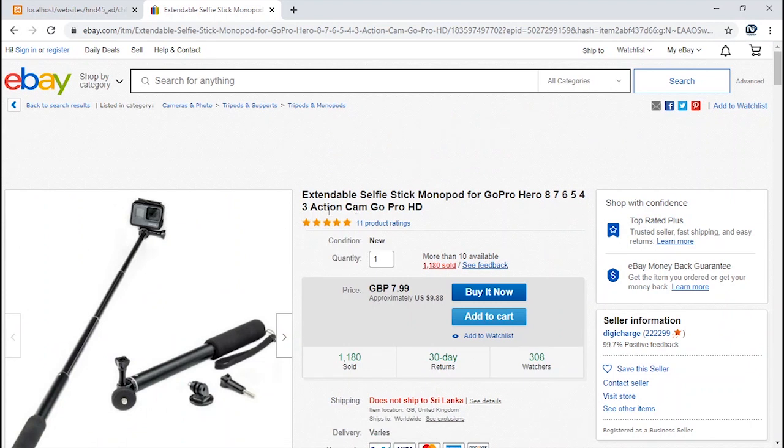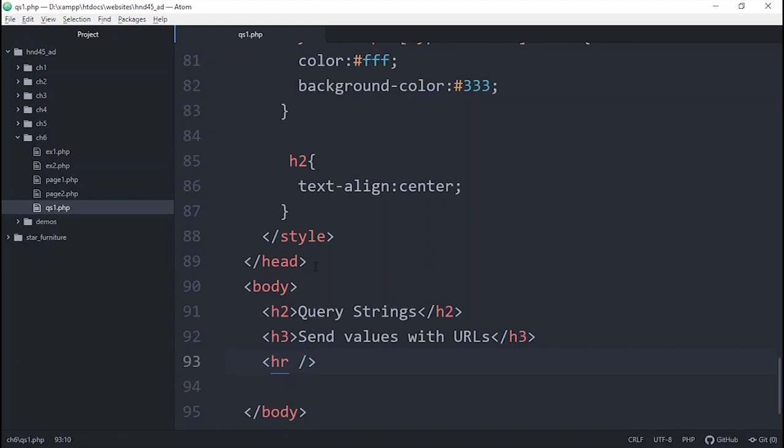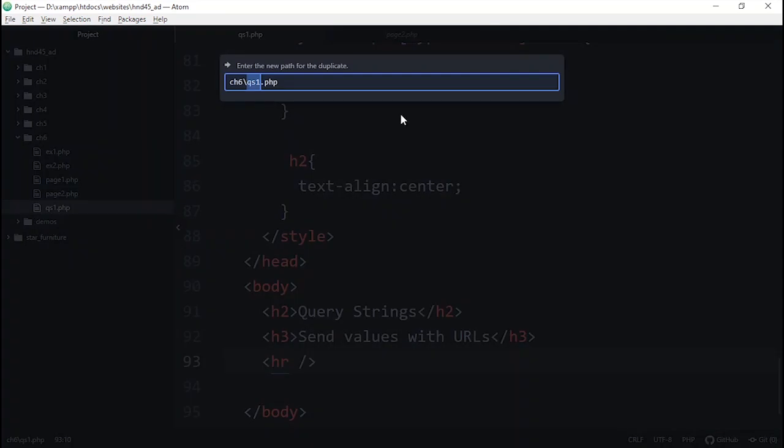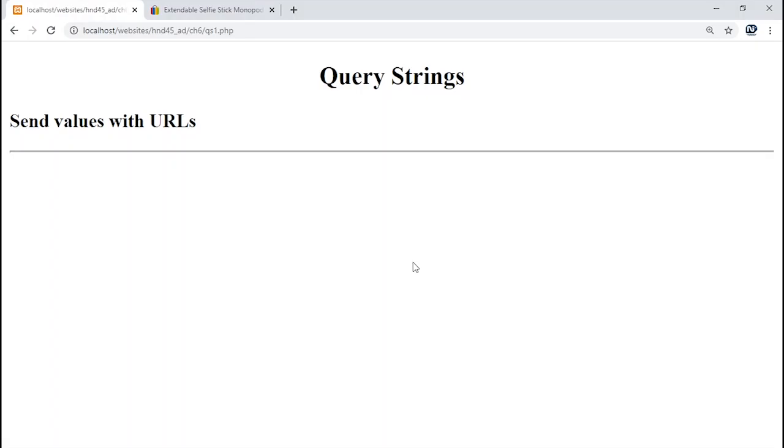Okay, so we're going to have something similar to this. We're going to create something like so. Only what we don't have is we have not connected ourselves to a database yet, so we will do it in a simple way. Okay, first of all, let's have the second page as well. I'm going to duplicate the same file again. So I will call this one as query string 2, right? So, and we'll say page 2.